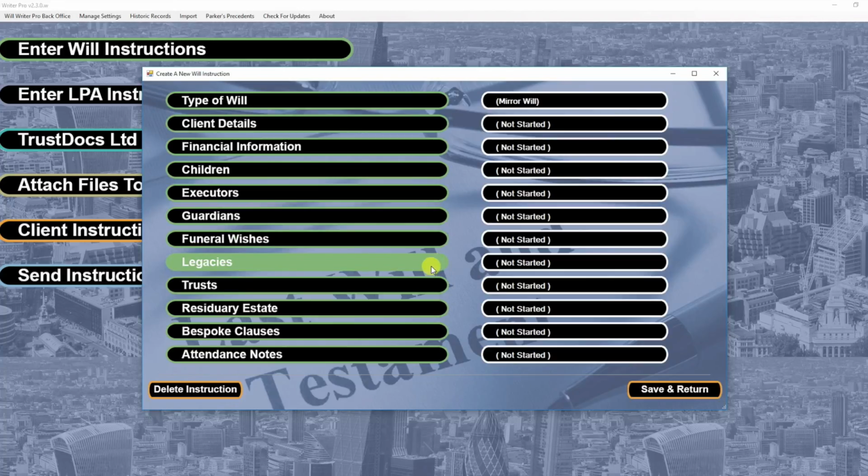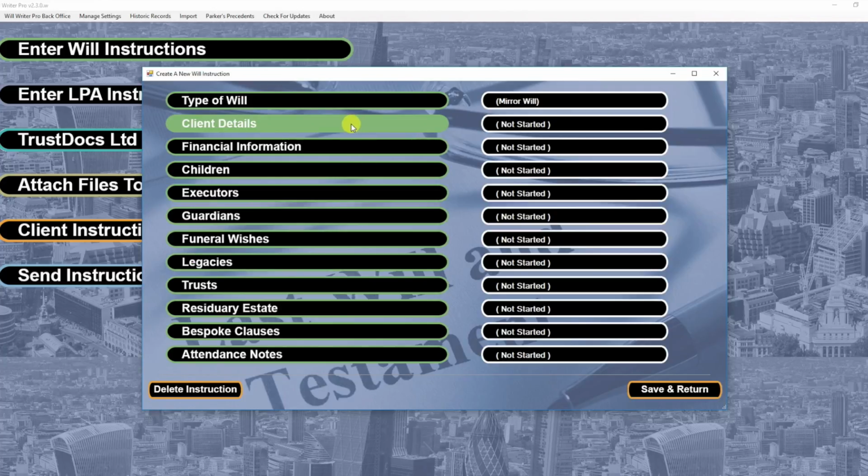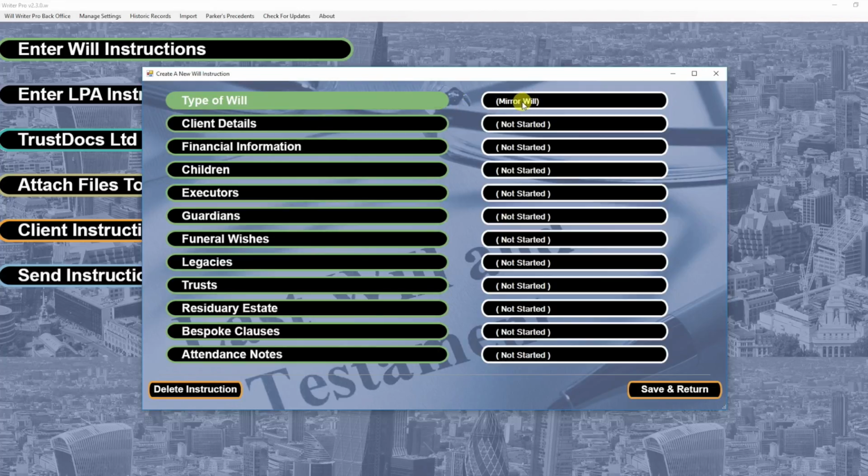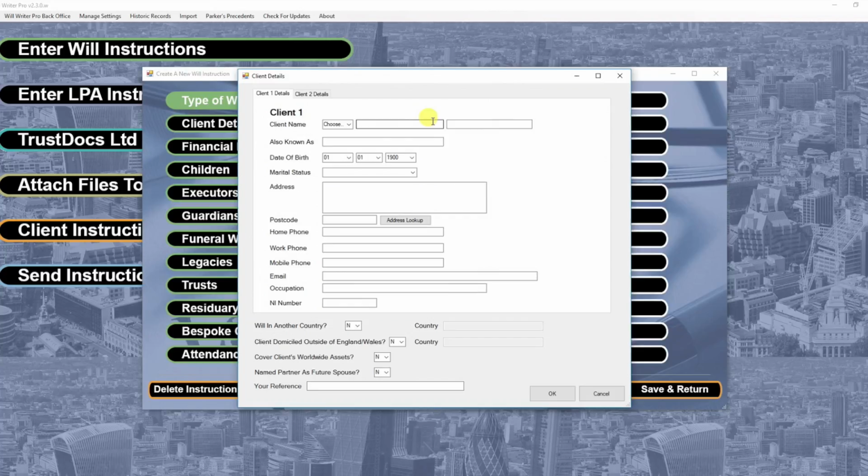Some of these tabs, like the trusts and the legacies, they're dealt with separately. So let's just put client details in first of all. We've selected our type of will as mirror will, and I'm now going to fill in some client details. I'm going to give Tom a date of birth, and Tom is married,